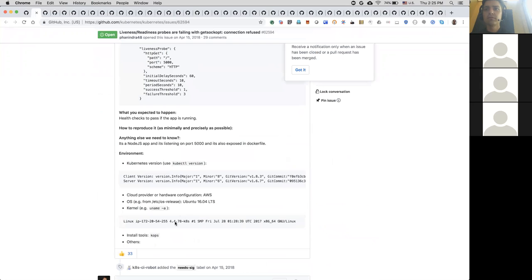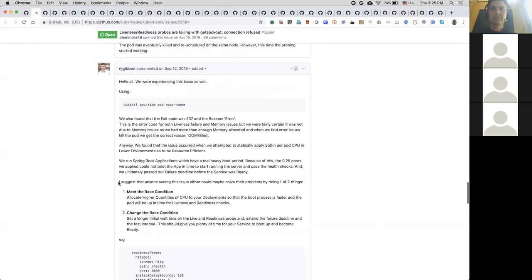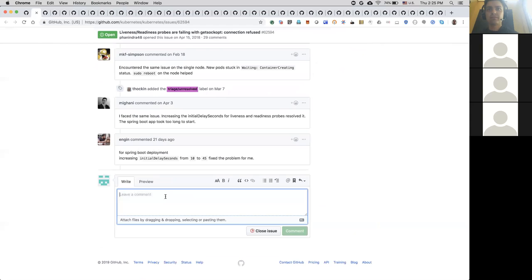Oh man. Wow. Server version 1.6. Oh man. We should probably just say it's not supported. Update to your latest version and see if it goes away. Yeah, something like that. Just say to update to a supported version.